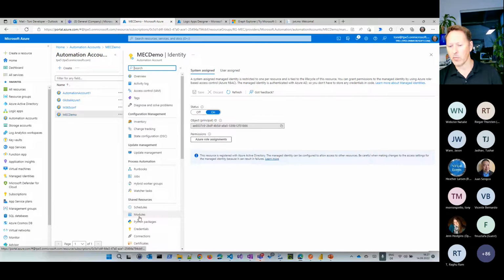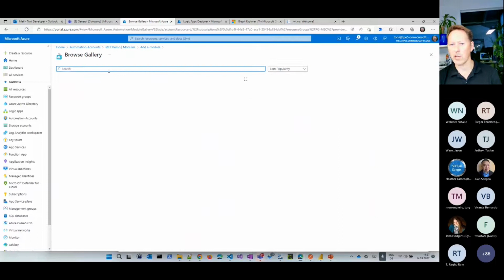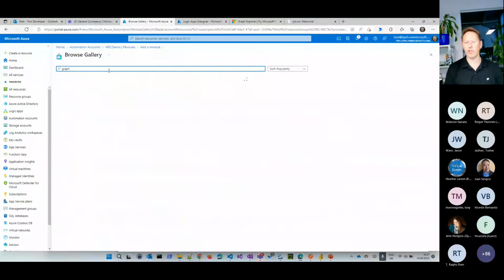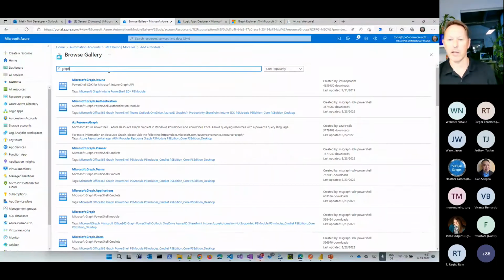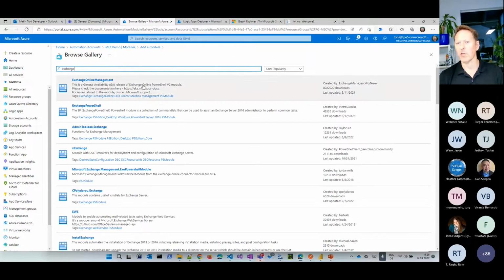Automation Accounts are very useful because you can integrate your PowerShell modules. So I can go to Browse Gallery, for example, and search for Graph. I want to use the Microsoft Graph PowerShell module to do something in my tenant. What I usually always need is Microsoft Graph Authentication. And of course, depending on what I want to access, for example, if I want to create a new team, Microsoft Graph Teams, Applications, and so on. You can see there are a lot of modules for Microsoft Graph, or of course, for Exchange. So for Exchange Online Management, there's also a PowerShell module which you can integrate.